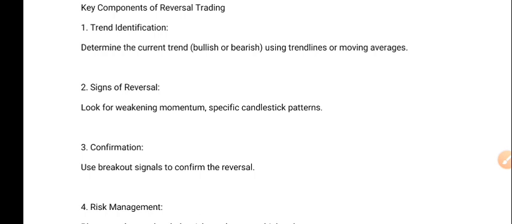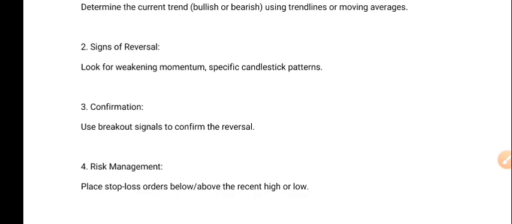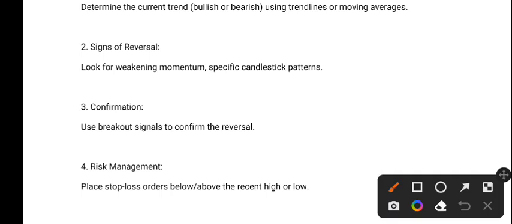Just look at the higher lows. So you look for signs of weakening and reversals. Look for weakening momentum and specific candlestick patterns. You already know the reversal candlestick patterns. Once you see them at key levels, you know that price is likely to reverse or is already showing signs of reversal. And what we mean by weakening momentum is like